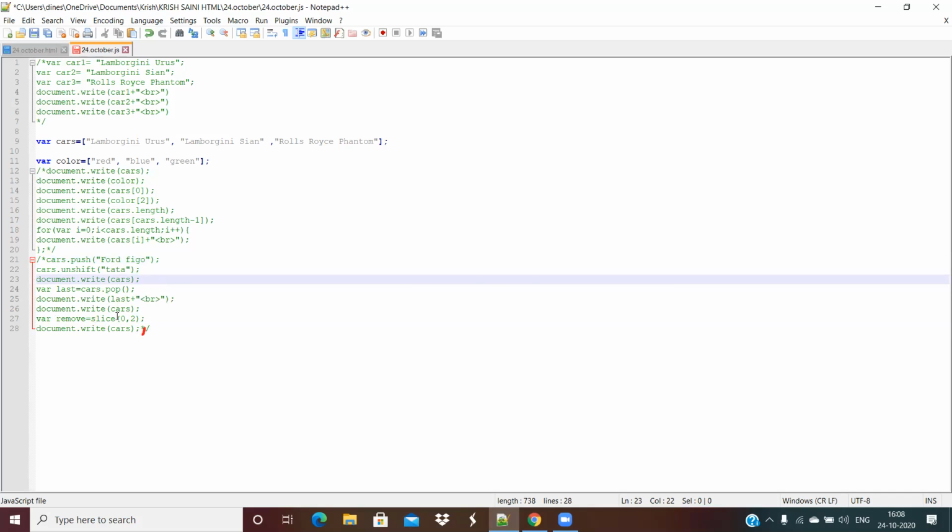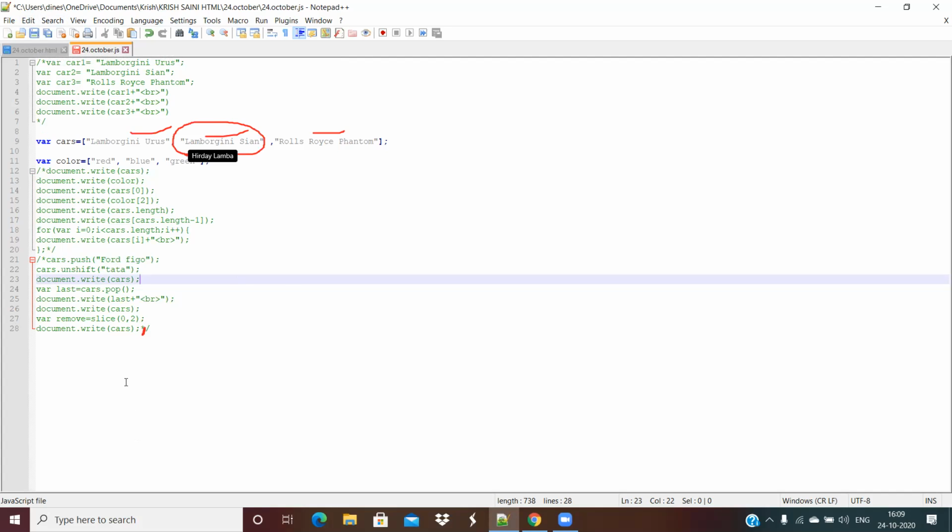Sir, but we have to show this var and document and this last car pop. Yeah, so we are doing something new now, right? We are doing the splice thing, not the slice, splice. Now let's take for example, currently you have 3 cars, right? The array has got 3 cars. Suppose you just want to remove this one.